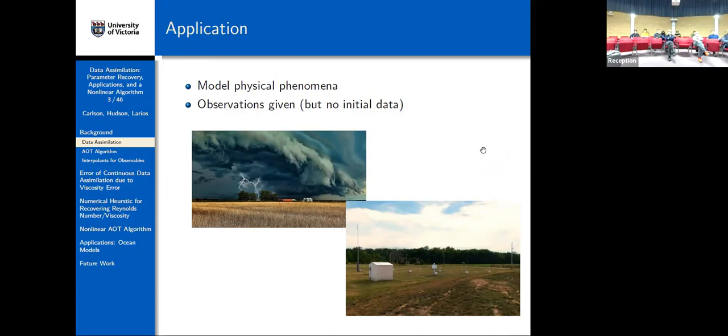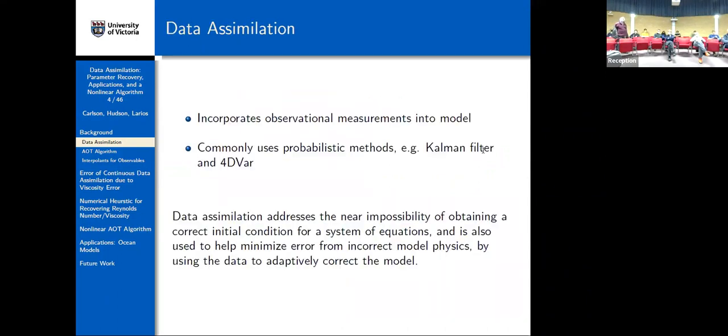If I'm given a PDE, I generally am looking at some sort of initial value problem. That's the setting I'm considering here. So if we've got, say, a field, we would have to measure everywhere in space in order to accurately initialize the PDE, which is pretty much infeasible. So the problem is if we don't have a good initial condition with chaotic systems, our solution is going to diverge from the true solution that we want. So instead, the idea behind data assimilation is to incorporate observational measurements into the model in order to basically